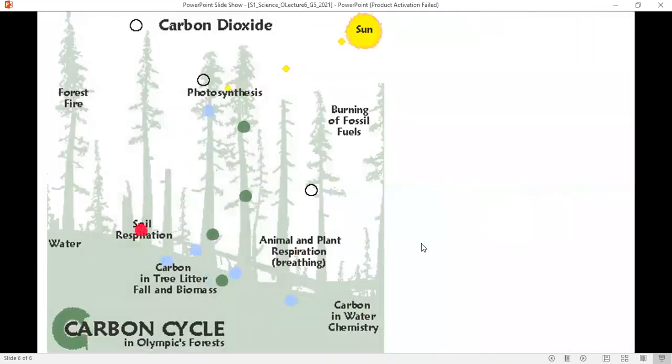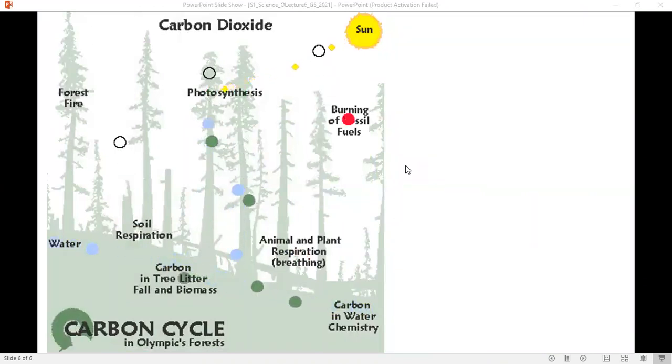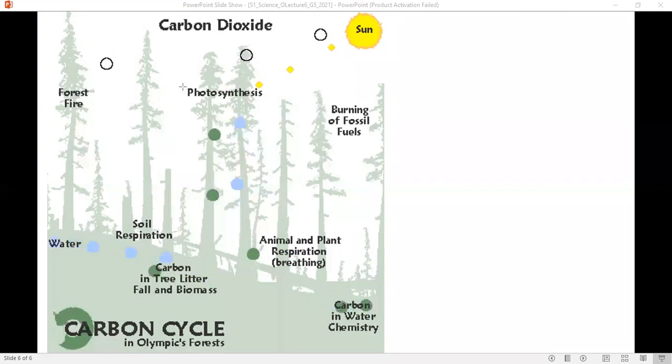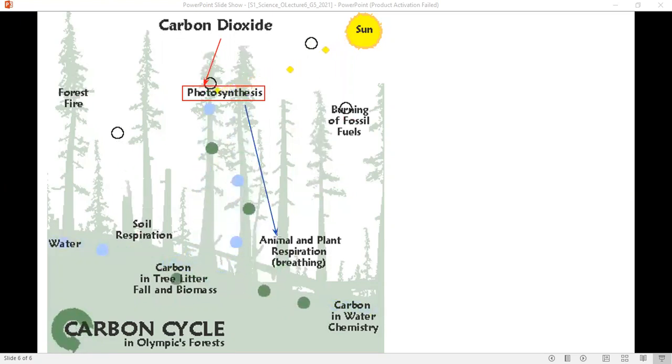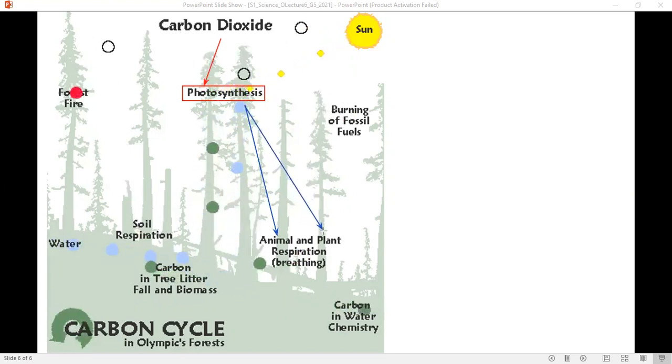So as you saw, the carbon dioxide, this is a cycle that never ends. To go through photosynthesis, what do plants do? They take in carbon dioxide and they release oxygen. They give oxygen to who? They give oxygen to animals, they give oxygen to plants, they give oxygen to people. People will